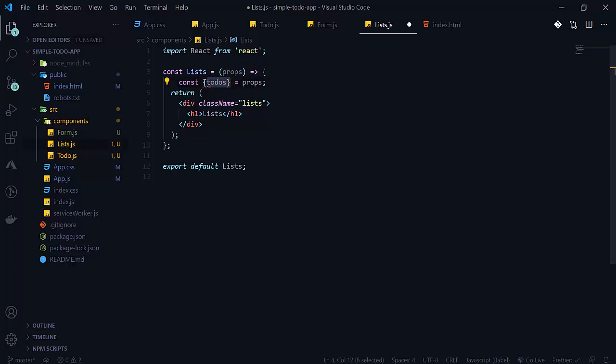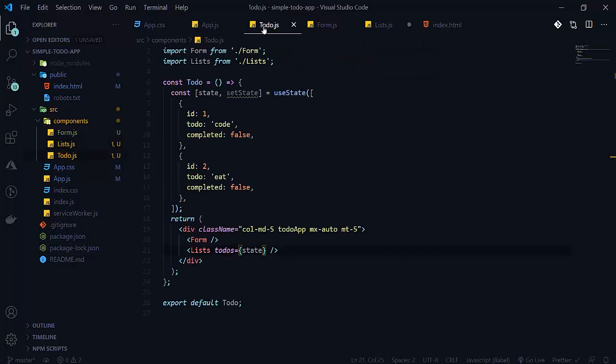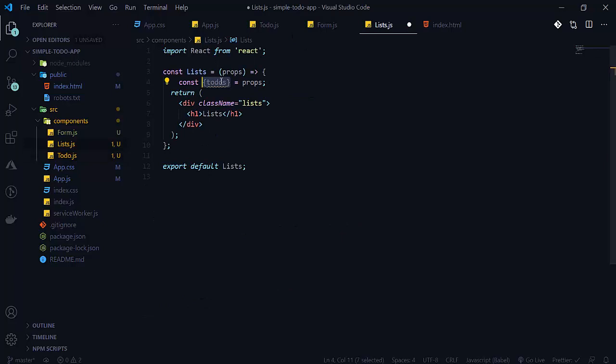So this is known as destructuring. See that here we are passing todos here, and in the todos there is a state here. So todos also become an array here, but here it is a prop here. So we are extracting todos from the props here.